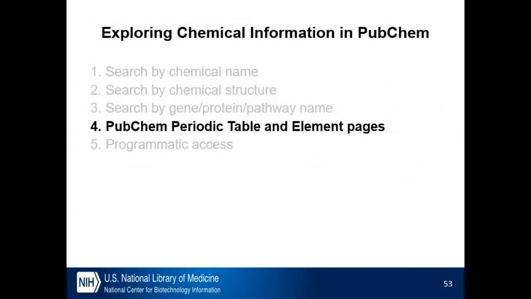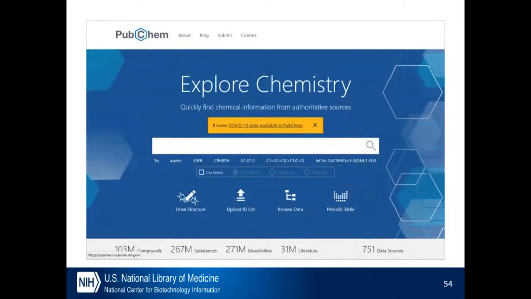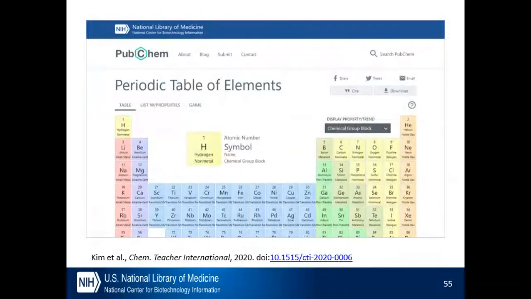Then PubChem periodic table and element pages. PubChem also provides an interactive periodic table of chemical elements. And if you go to the PubChem homepage and click the periodic table button, you see the interactive periodic table. If you click any element, for example, beryllium,